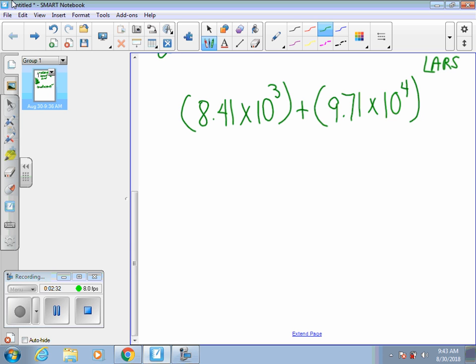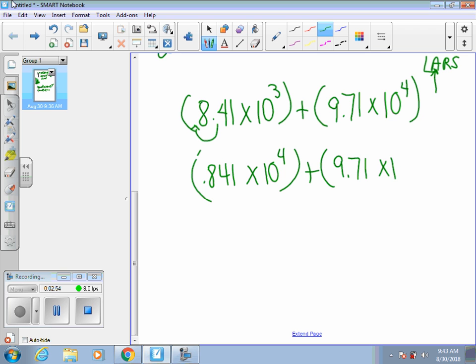So if I'm adding 1 to the exponent, that means I have to move the decimal to the left. Okay? So it's going to be 0.841 times 10 to the 4 plus 9.71 times 10 to the 4. When you add it, you just bring down your power of 10, and then we have 9.71